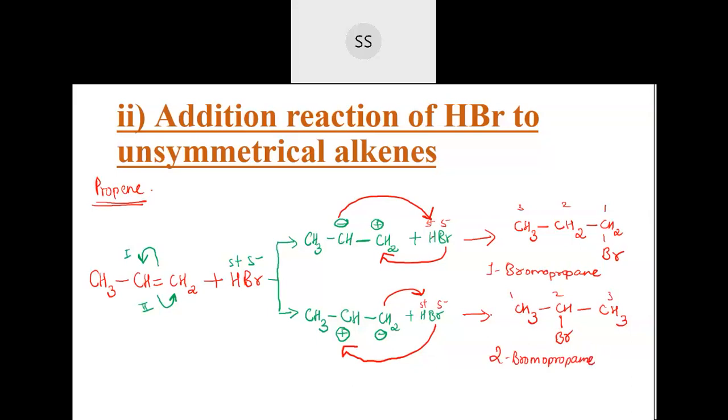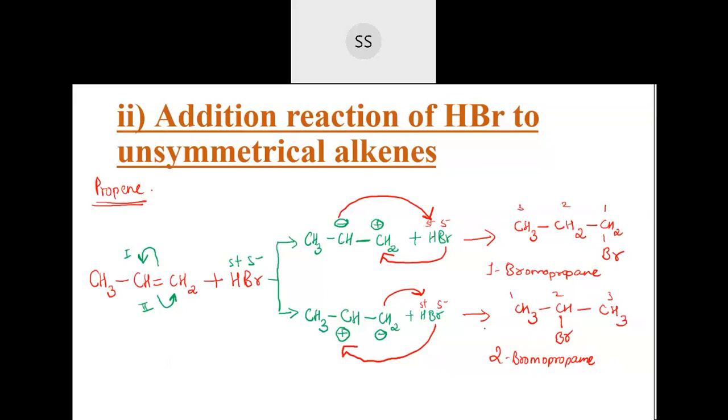When you take an unsymmetrical alkene, you will end up getting two products. But between those two products, one will be major and the other one will be minor. That depends on the stability. One compound will be formed as major and one as minor. I will tell you which is major and which is minor; you will understand that with the mechanism. I will be telling you the mechanism, and that's very important. After telling the mechanism, I will tell you what the rule is also.